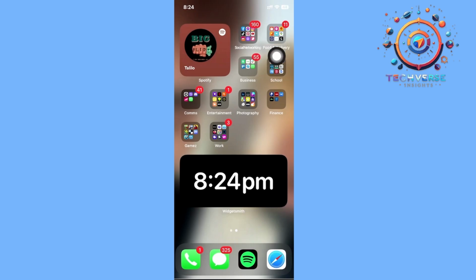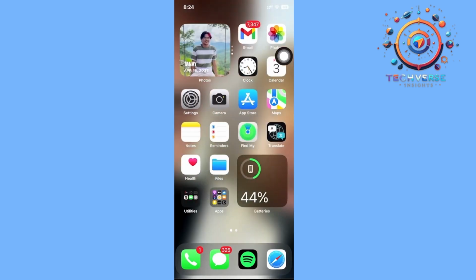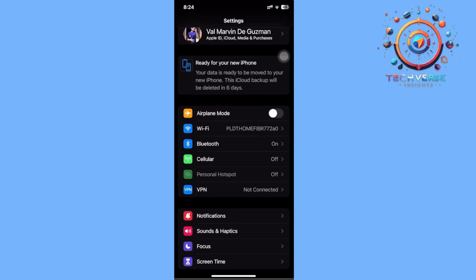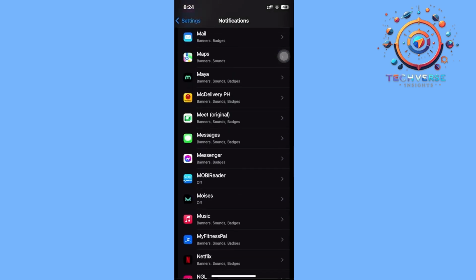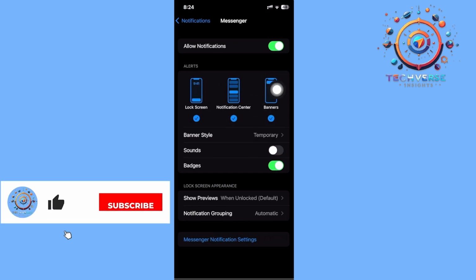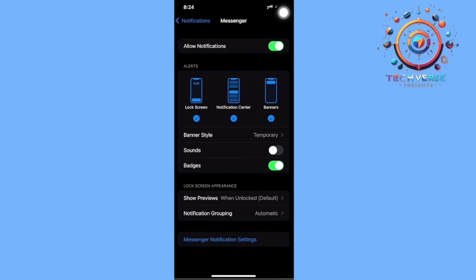So you can actually go ahead, as you see right here, I do have my notification enabled. Just tap on your settings and go over to your notifications right here, scroll all the way down until you see the Messenger application, and I want you to have all of these 3 alerts enabled, especially the banners, because the banners are going to show you a preview of the message on the banner over here on the top section before it gets unsent